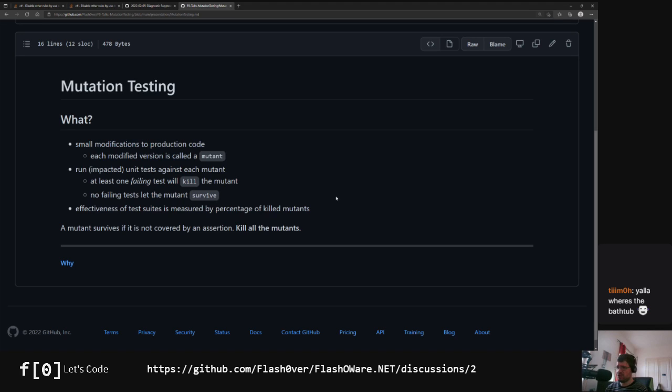For mutation testing, we need a specific tool, and that tool then does small modifications to our production code. For example, it changes a plus to a minus, or an equals operator to a not equals operator. And for each of those small modifications that the mutation testing tool creates, all of the tests, or at least the impacted tests, which are those tests which actually cover this changed production code,